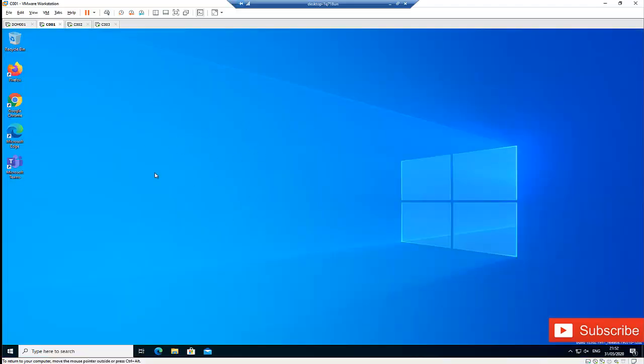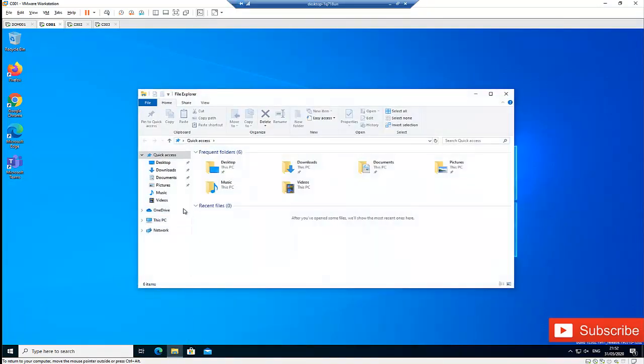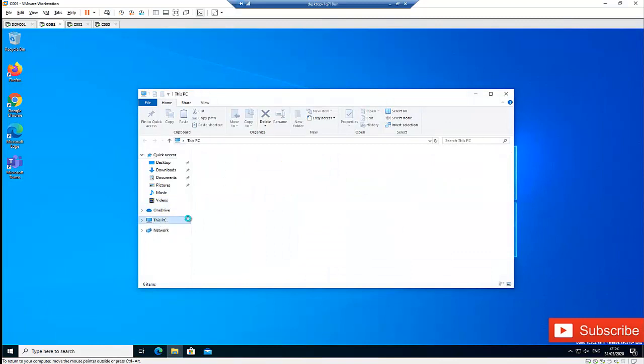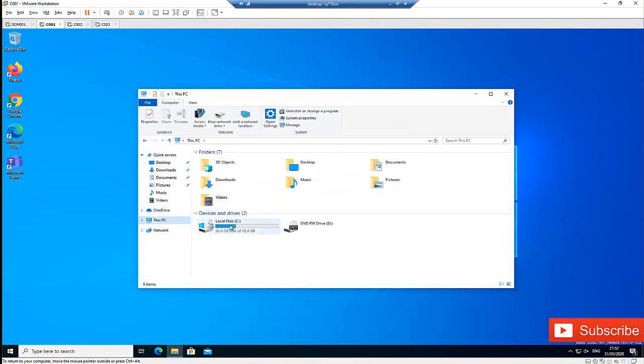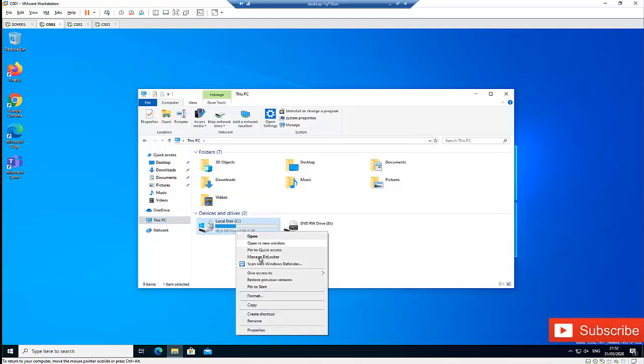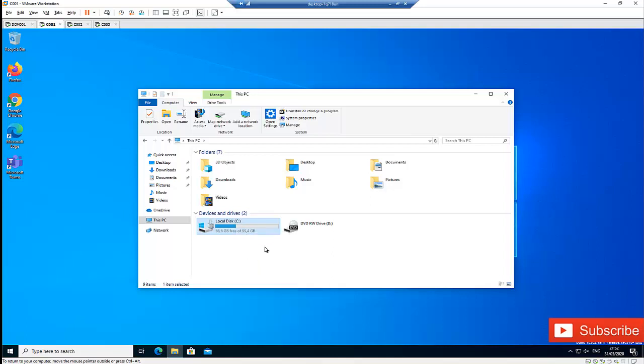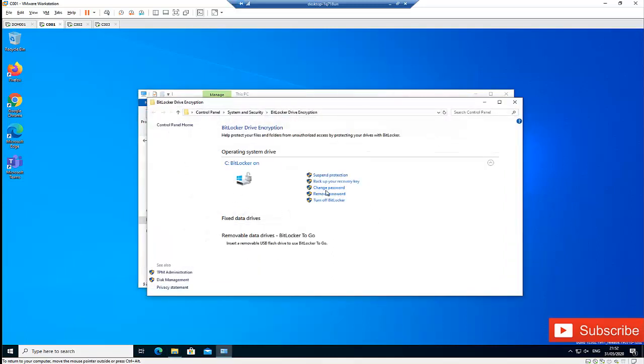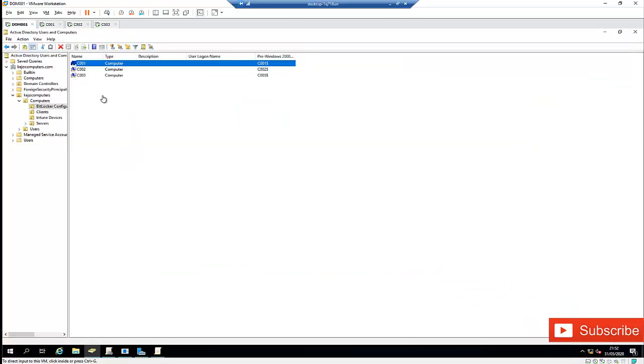So I've restarted the computer. Let's go and check back on the C drive and see what happened if you disallow the users from changing their BitLocker PIN or password. Like before, whenever I click on the C drive, here you had the option to change your password. Right now you can see that the option is not there anymore because the policy is now taking effect. But if I go to manage BitLocker here, you see we have the option change password. But because I've configured this policy